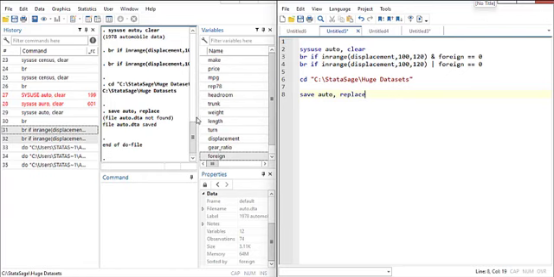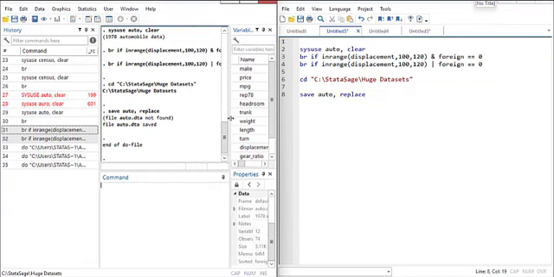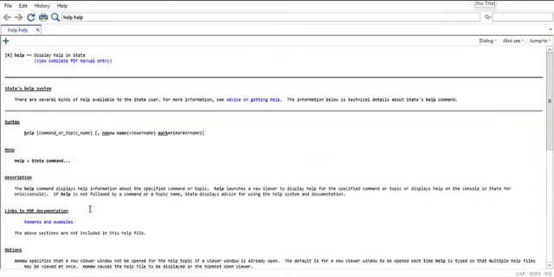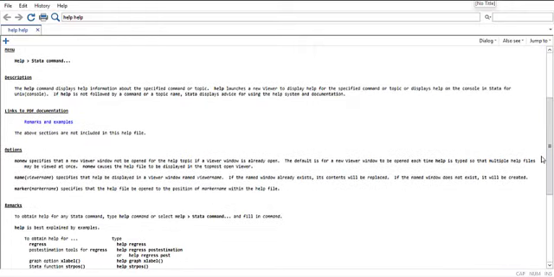So I would not move without explaining a very powerful command, and that is what we call help. So I use that a lot. If you want to know what help does, you say help. So it's not a duplication. It's just trying to explain what the help does. So there is help in Stata, and it helps us to understand how commands work. So you have what we call the syntax for the help, we have the description, and of course we have options